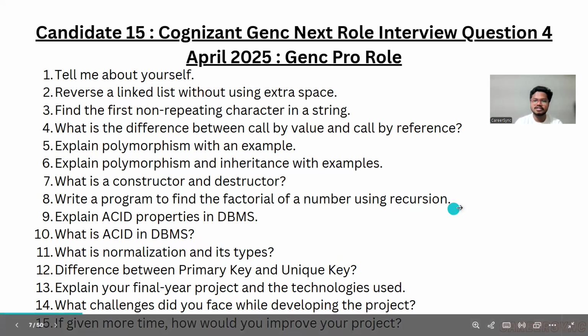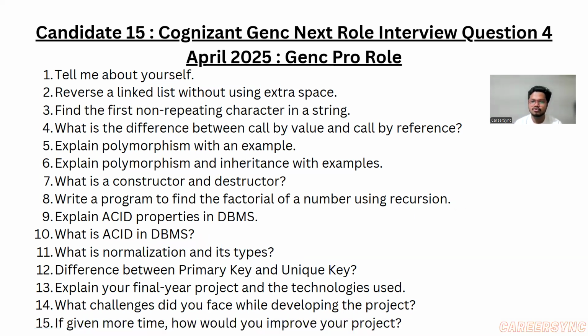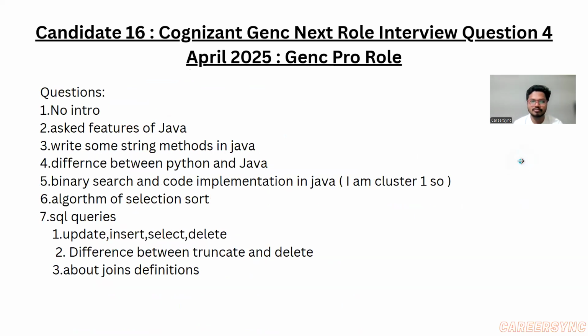Explain your final year project and technology used. What challenges did you face developing the project? If given more time, how would you improve that project? These are the basic questions you need to prepare. Now for the next candidate, he is also selected, I think, because the interviewer did not ask